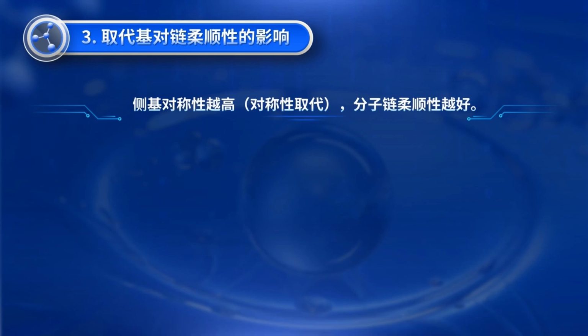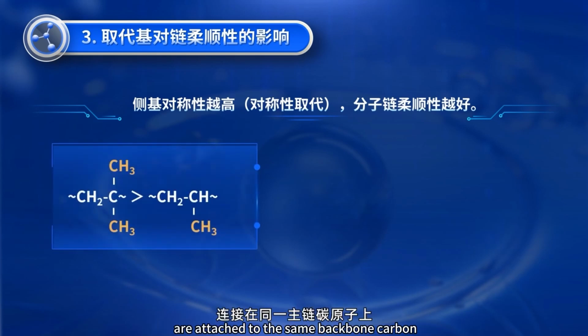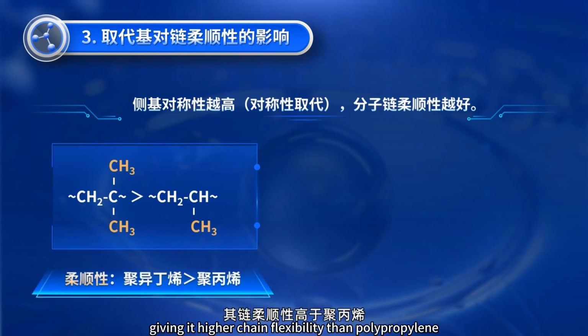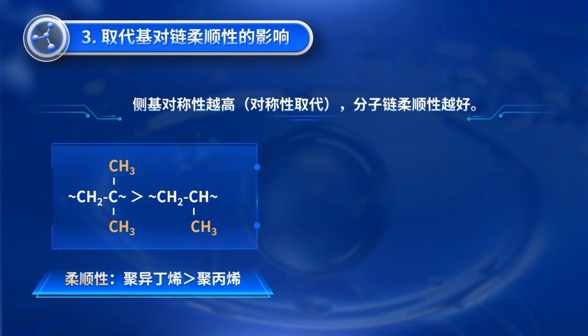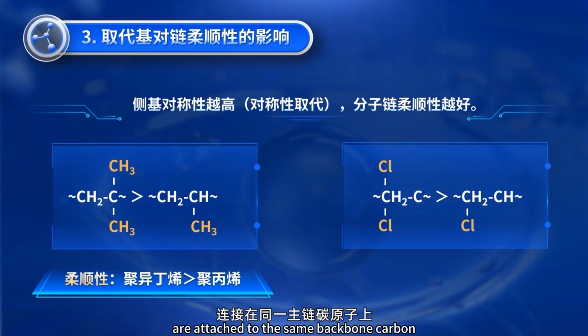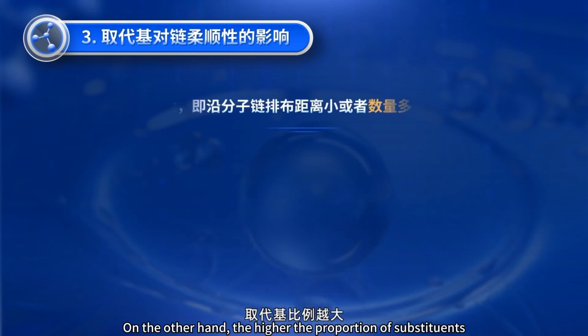backbone carbon, the polymer chain exhibits better flexibility. For example, in polyisobutylene, two methyl groups are attached to the same backbone carbon, giving it higher chain flexibility than polypropylene. Similarly, in polyvinylidene chloride, two chlorine atoms are attached to the same backbone carbon, resulting in greater flexibility than polyvinyl chloride. On the other hand, the higher the proportion of substituents,